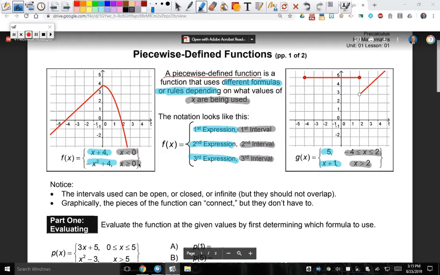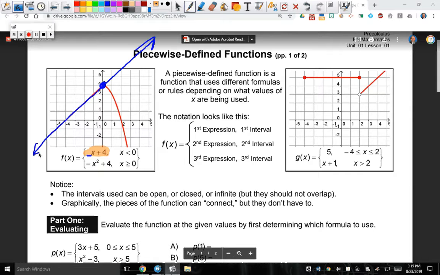Okay, let this start soaking in, because this can get a little bit intimidating at first if you don't organize what's going on. Alright, here we go. If I asked you to draw this function right here by hand with no calculator, what you should do is go to 4 on the graph, the y-intercept would be 4, and then you would have a slope of 1. That's up 1 over 1, up 1 over 1. And it would look like